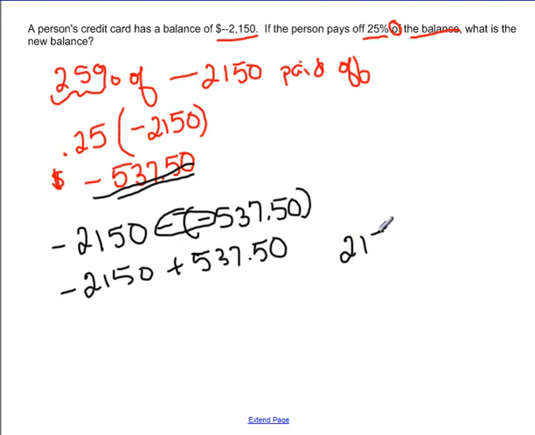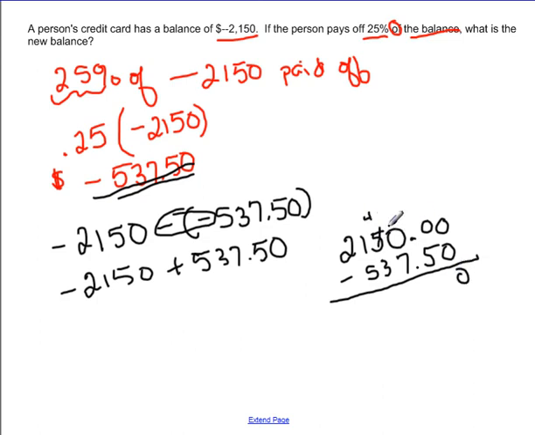So 2,150, we're going to be taking the difference. We're going to be subtracting 537.5. Okay, we could put the 0 on there just because this is money. Remember, we need to keep the decimal points lined up, put on those extra zeros, and now we subtract. We're going to need to do some borrowing, coming over here and grabbing some values. So there's going to be our 5, and then 2, and then 1, and one more borrow here. There's 6, and 1. So we end up with